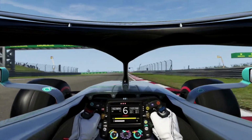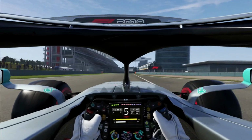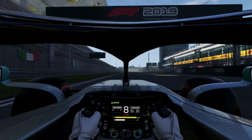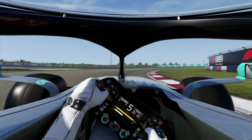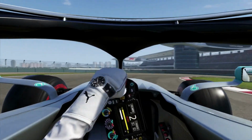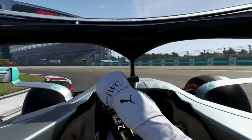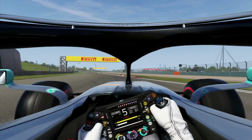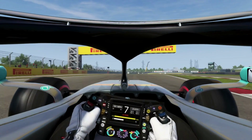Okay, so here we go then. Coming into left-hander, take as much speed as possible through to 4th, 5th, 6th. So you can see I've got good acceleration down this pit straight now. And I'm looking for the 50 metre board on the inside, soft braking down to 6th, 5th, first orange board, 4th, 2nd, 3rd, 3rd orange board down to 2nd, nice and tight on the inside for both turns 2 and 3. Short shifting, acceleration out of turn 3, hitting that right hand curve there, staying to the right, drifting to the left,